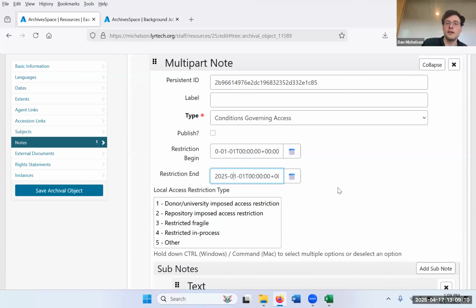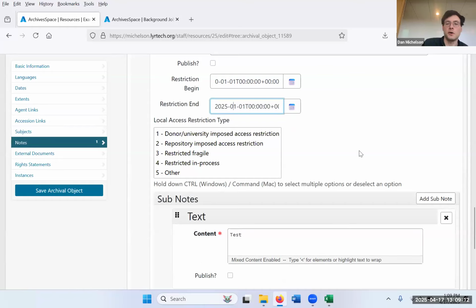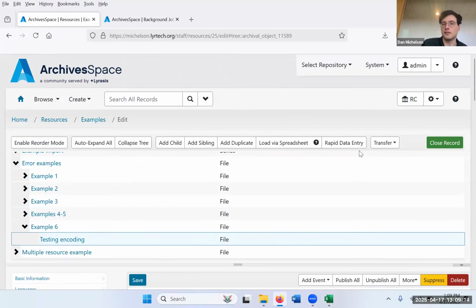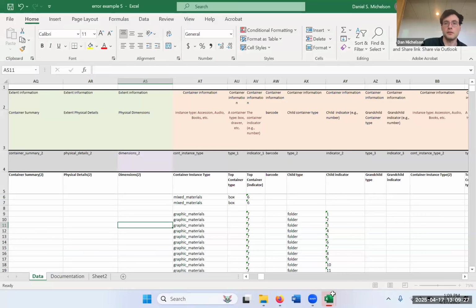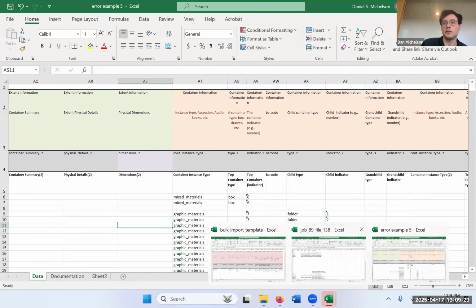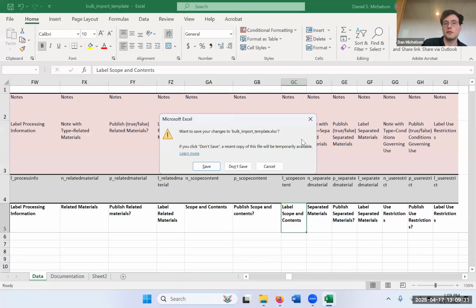It sure looks bad, and you probably don't want it. So that's, again, something to keep an eye on with the encoding in the spreadsheet, which is a good way to transition to talking about, let me close out all of these spreadsheets,